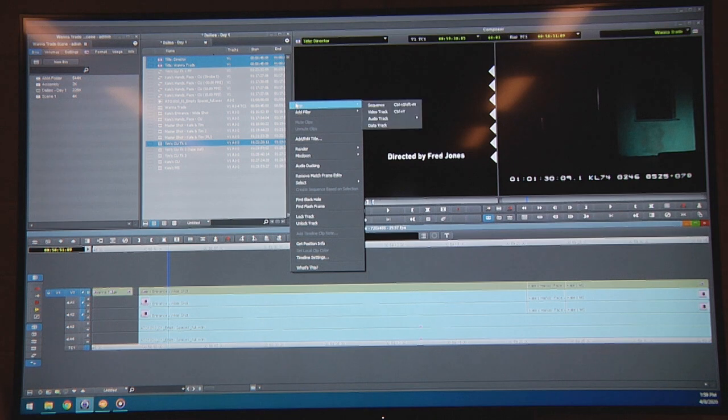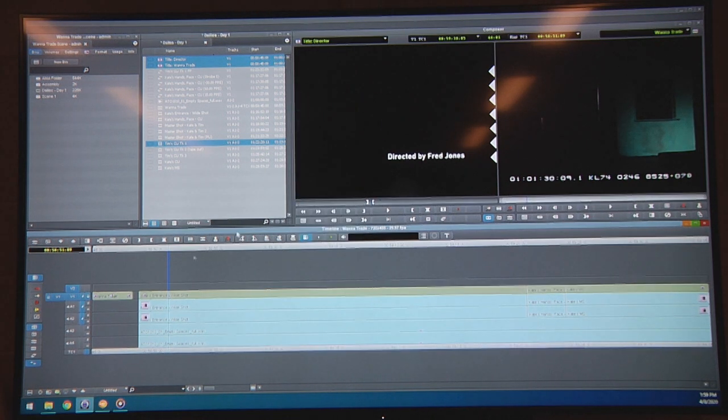I'm going to go to New, and this time I'm going to hit New Video Track. That'll add a V2 track. I'm then going to drag V1 up to V2 to make sure that it's going to go on that track. And at this point, I recommend anytime you're doing stuff on V2, like say you're using this to add a